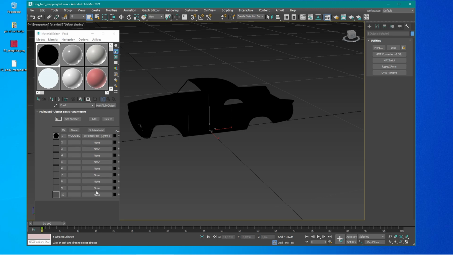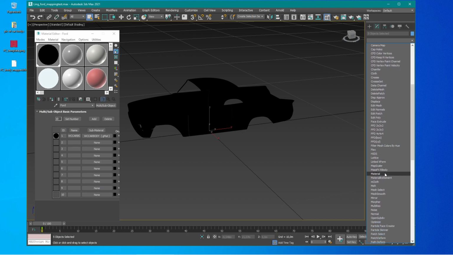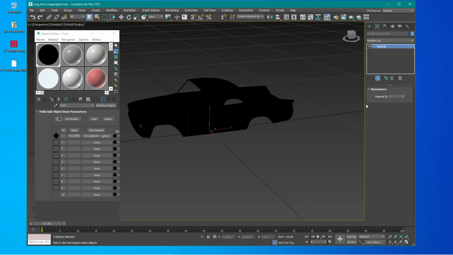If you have more materials here and you do this process, then, also to ensure that you get the correct material, you can select all again and then go to the modifier list and click material here. Now you can select every material that you want here. For example, if these parts shall have the material 4, which is not defined at the moment, you'd simply select 4 here and